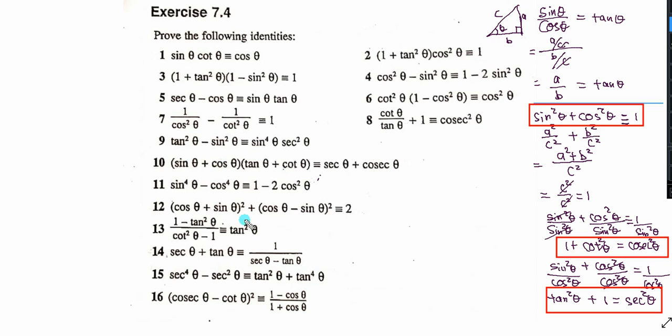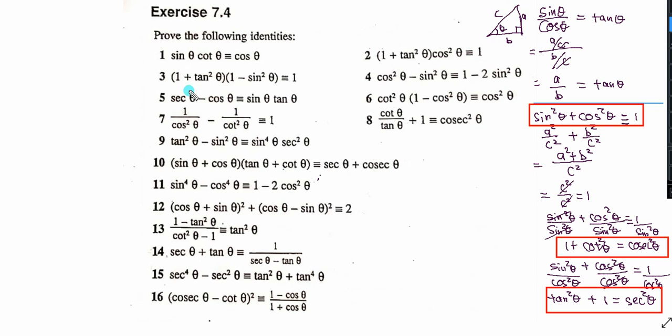Okay? Like, for example, question 12, obviously the left-hand side of the equal sign is more complicated. Okay? Now, question 14. Okay? In this case, I would say the right-hand side here is more complicated. Okay? Now, let's start off with